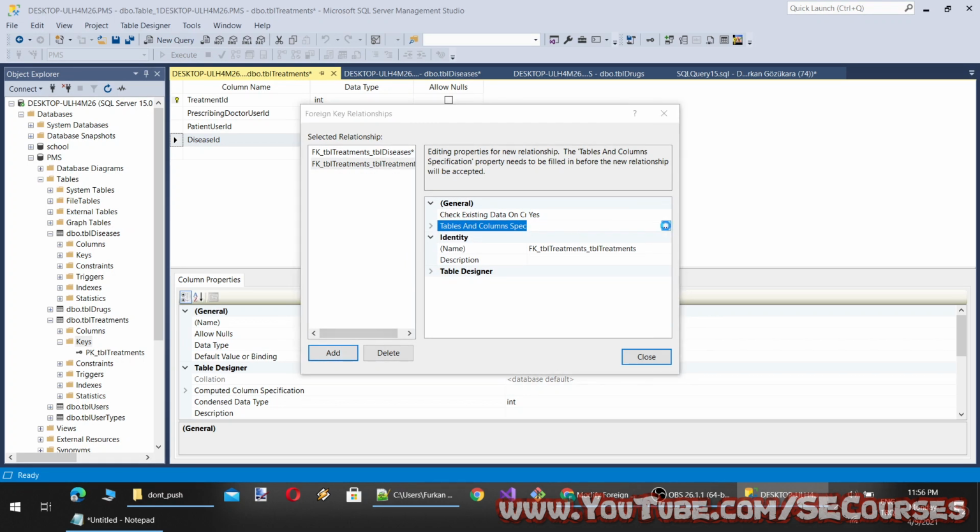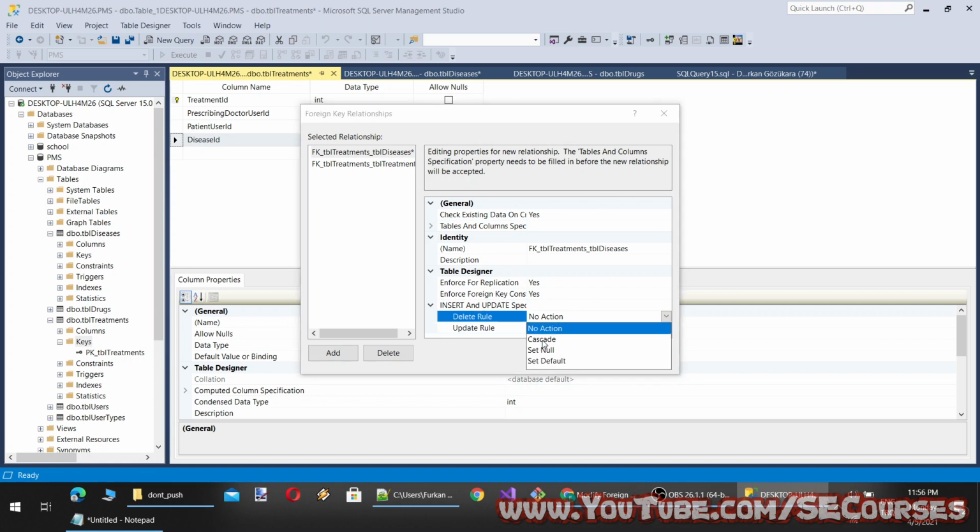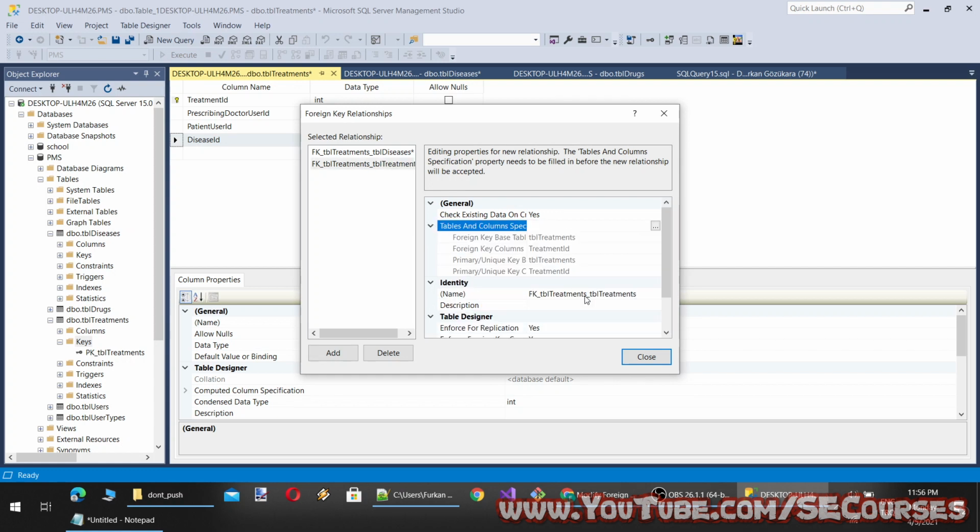And another one, first make this cascading. Okay, you see enforce for replication and foreign key constraint. That way you won't be able to add a non-existing disease ID to your treatment table.